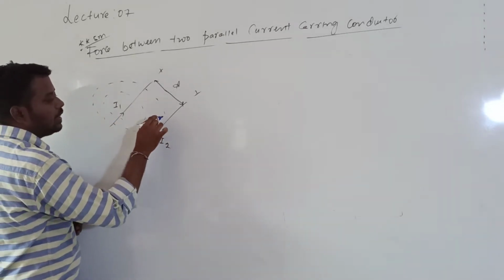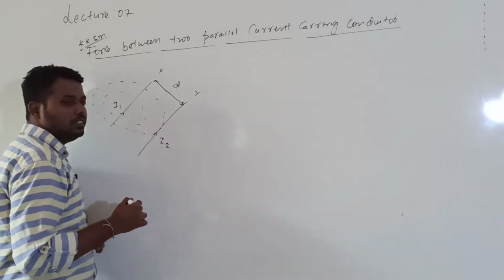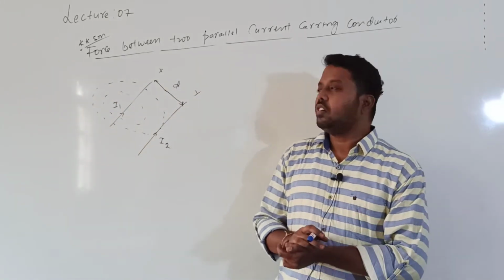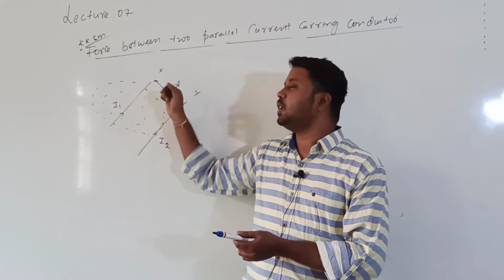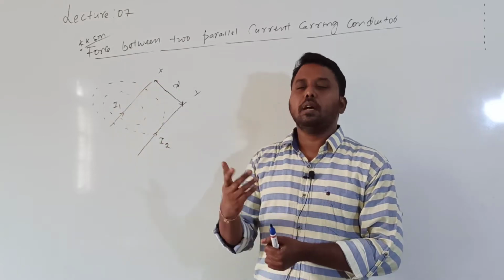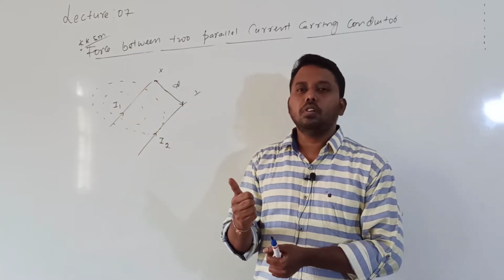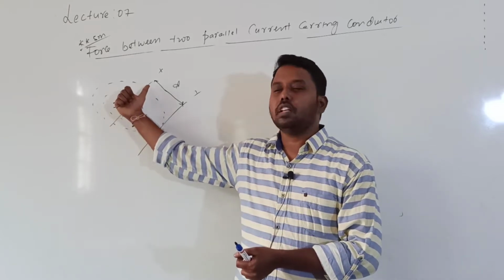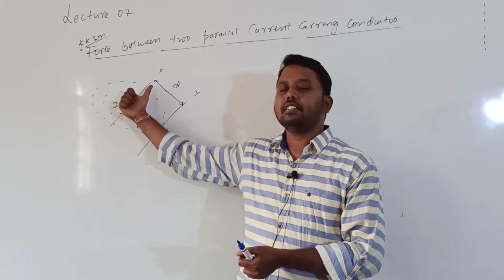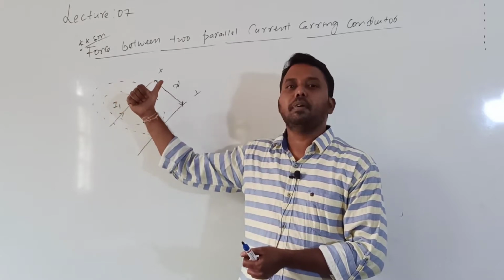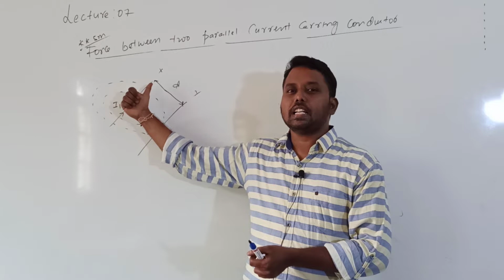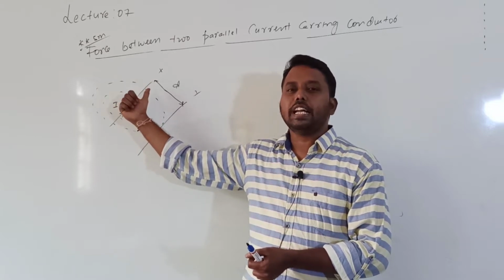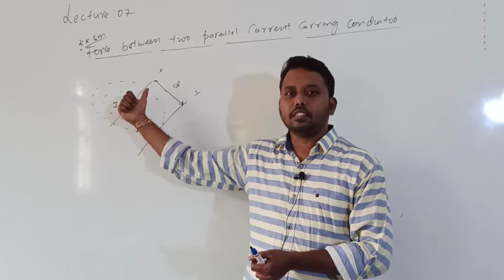How can I calculate? These points are important, directions are especially important. Now for finding the magnetic field produced by the conductor X, you can apply either the right hand thumb rule or Maxwell's Kirchhoff's rule. If I apply the right hand thumb rule, then what happens? The magnetic field lines are concentric circles. Remember, when the thumb is indicating the direction of the current, the remaining curved fingers will indicate the direction of the magnetic field lines.